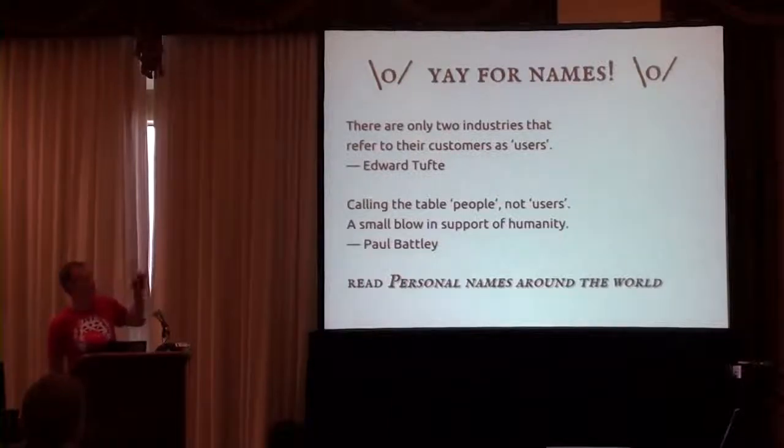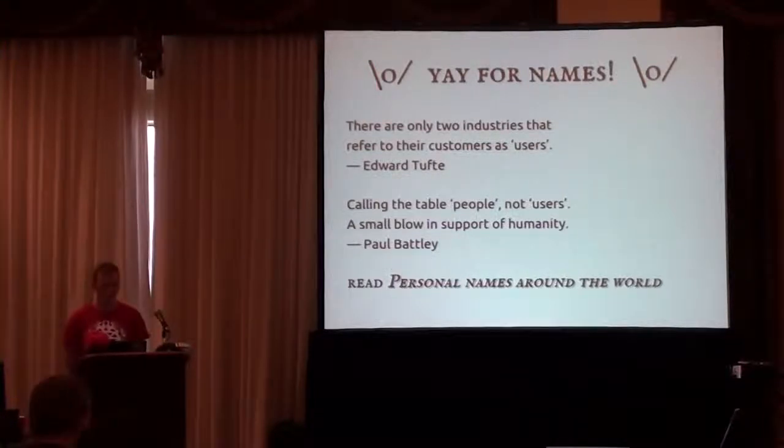And the other thing that I really would love you all to read: there is a great article, Personal Names Around the World, on the W3C.org website. And if you create in your next system a people table that has first name and last name, please, please, please have a very good reason, because first name and last name is probably the worst thing you can do if you want to track people's names in anything other than a Western Anglo-Saxon reality, because even in Hungary, they actually flip the first name and the last name.